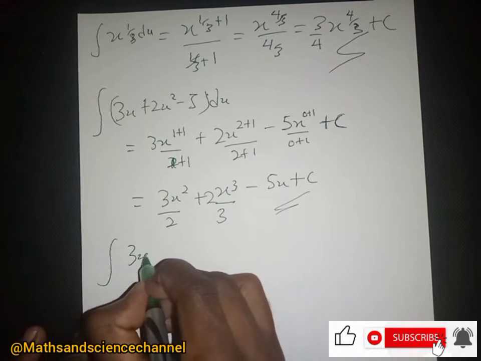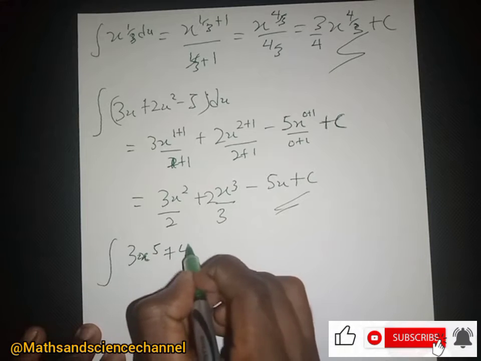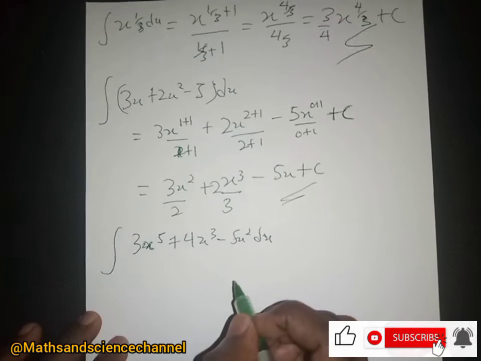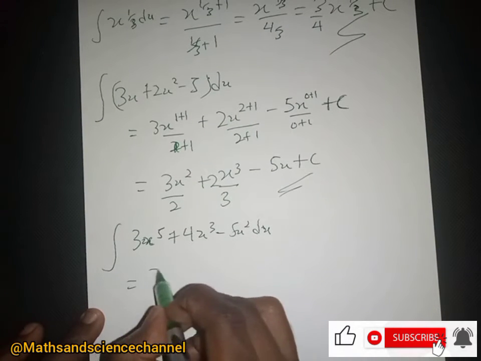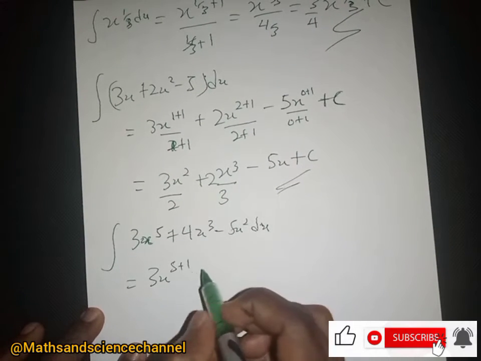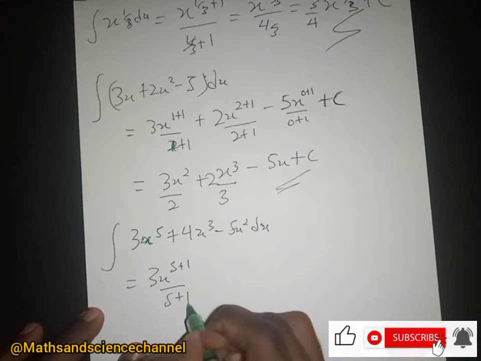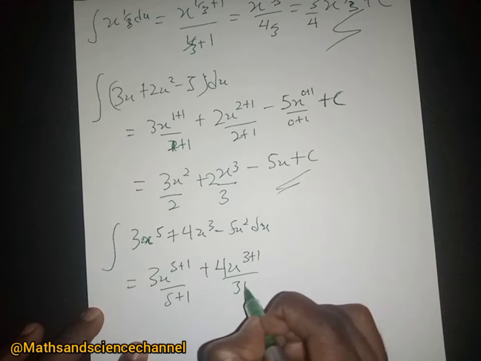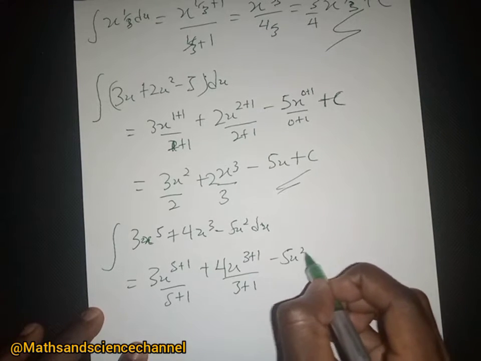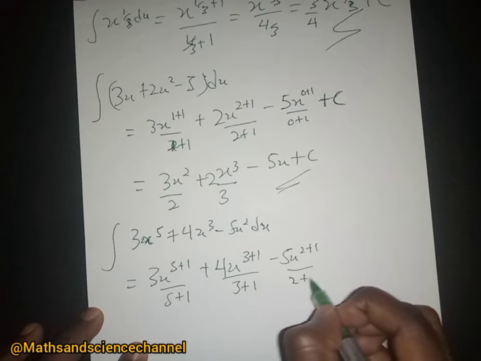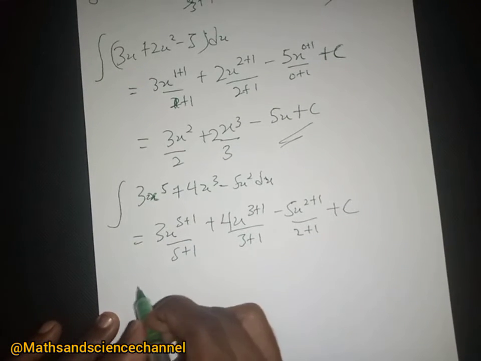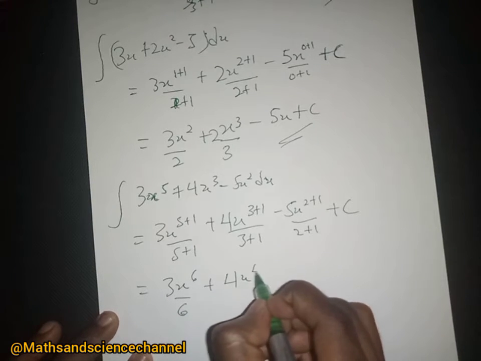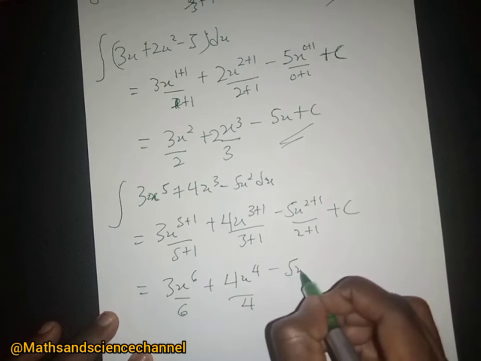Then also we can have another one, the integral of 3s to the power 5 plus 4s cubed minus 5s squared, dx, right? And this will be equal to 3s to the power 5 plus 1 over 5 plus 1, then 4s to the power 3 plus 1 over 3 plus 1, minus 5s to the power 2 plus 1 over 2 plus 1, plus c, and this will be equal to 3s to the power 6 over 6 plus 4s to the power 4 over 4 minus 5s to the power 3 over 3